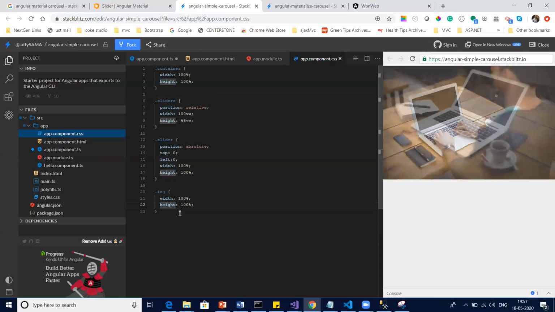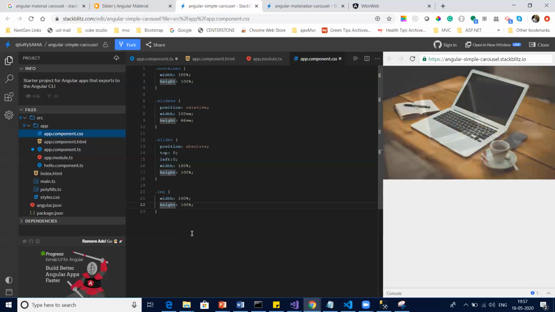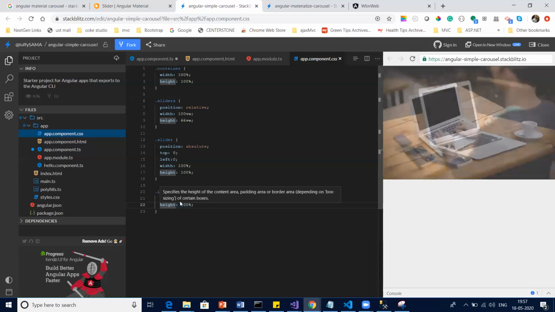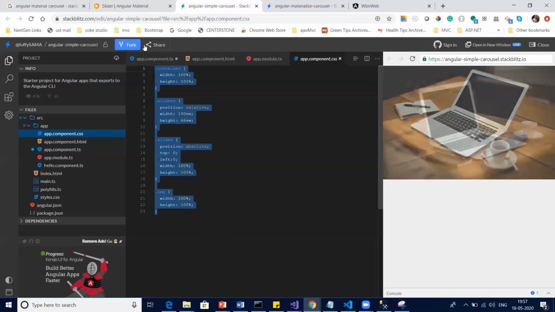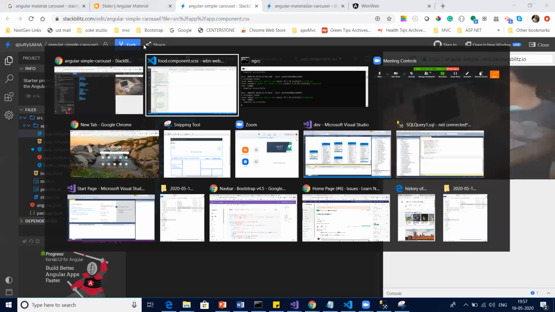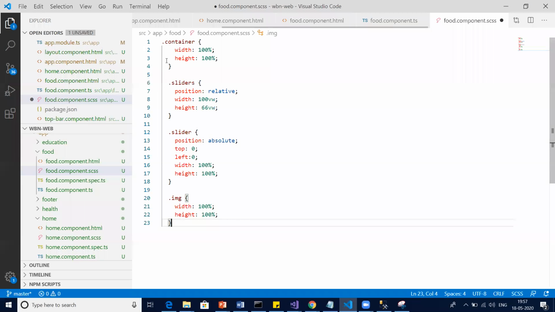Then the image style is also there. So we have all the classes which are required. Just copy these classes, because these have the adjustment of a carousel, and paste them over here.